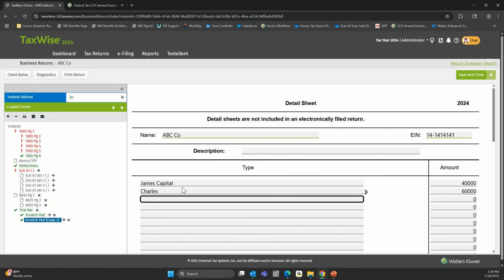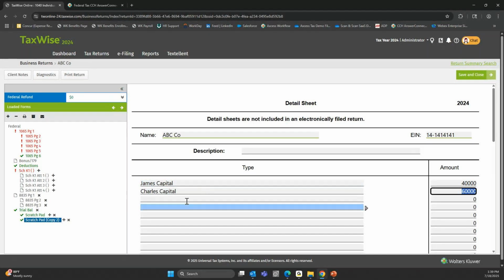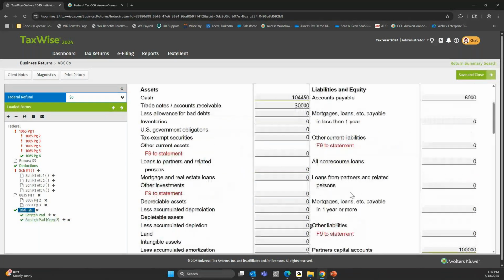Like, this is why I say once you get kind of proficient with the trial balance worksheet, this is where like most of the finances are going. And really the benefit of this is as we need to go in and add in new forms to complete this tax return, it just pulls the information out of the trial balance worksheet. Like we just input this once, and then as we need to add in forms for their specific situation, it just pulls the information out of here. That's why it's kind of, unless it's a really complicated business, in my opinion, easier to do one of these